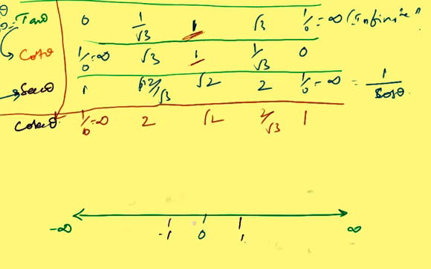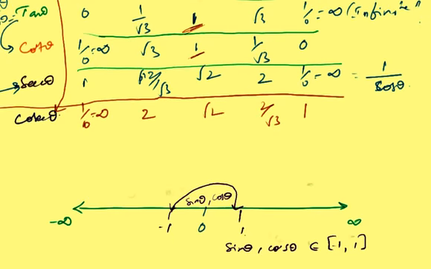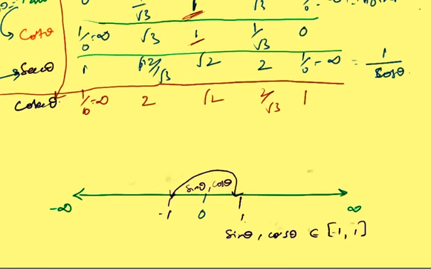In the same way, the negative side also goes. So the range of sin, we say, friends, is between 0 to 1. Range of sine is nothing but 0 to 1. In the same way cos, range of sine and cos is nothing but minus 1 to 1. So we write sine theta and cos theta belongs to minus 1 to 1. Means if anywhere in the exam, the value of sine theta is given as 100, that's a blunder. So sine theta and cos theta values never go beyond 1 and beyond minus 1.